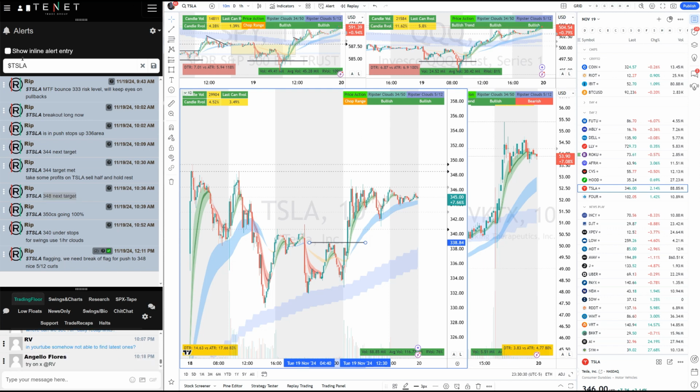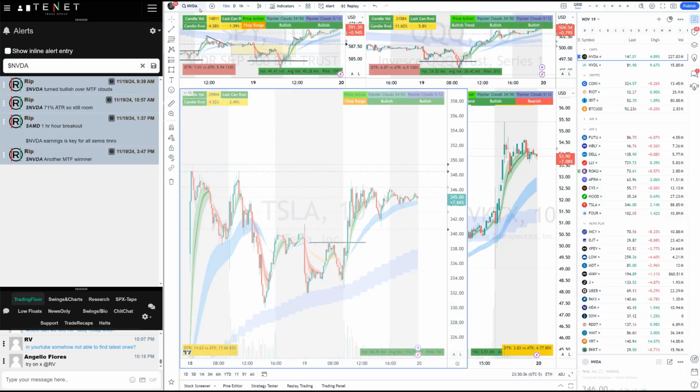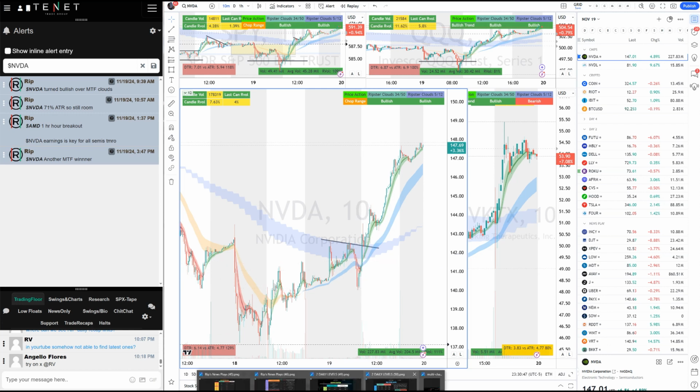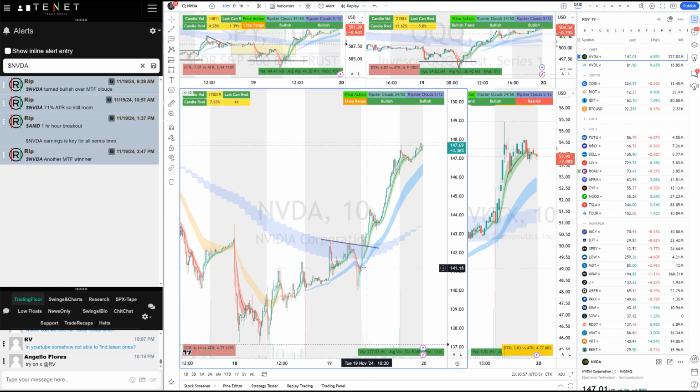All right, next one we're going to look at is NVDA. So let's see what NVDA was doing. So NVDA, tomorrow it's earnings. So the long on NVIDIA today was the 1 hour MTF clouds, right? So it's bearish. You see that this is where it turns bullish. And look at the levels on NVIDIA I gave this morning. NVIDIA also had an upgrade, but our levels are 140, 140 to 59. It was under the MTF clouds. As soon as it pushes over 3450 clouds, that's your initial long.